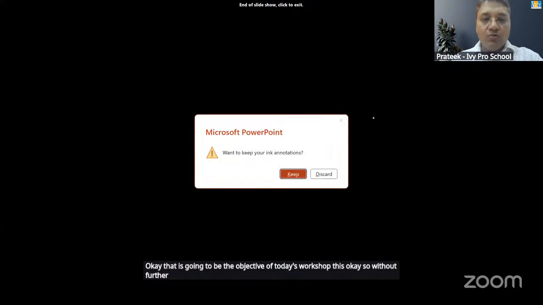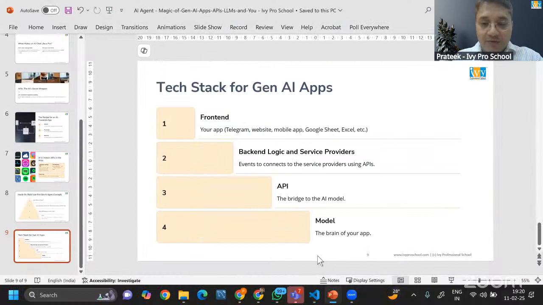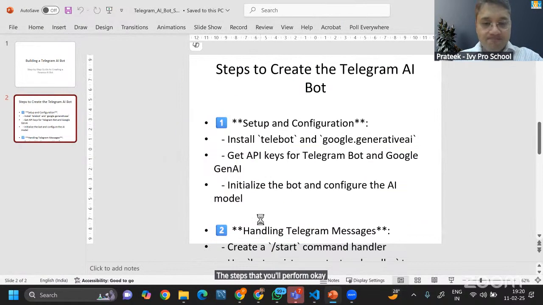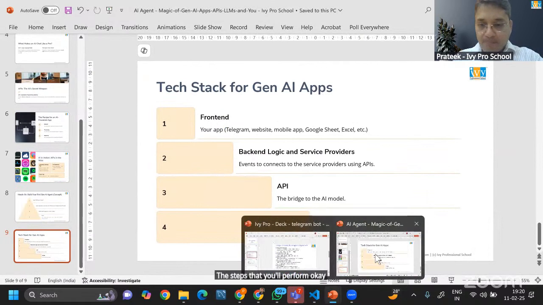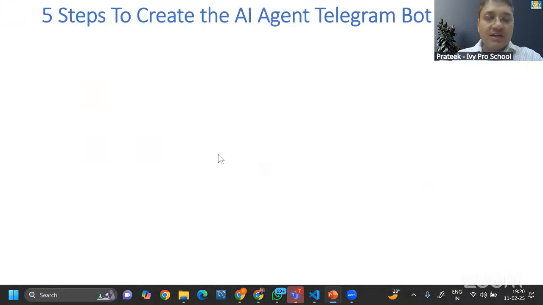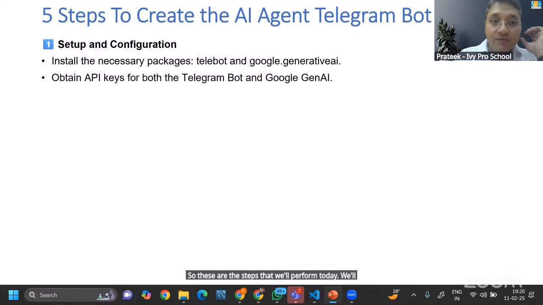Okay, so without further ado, let's look into the steps that we'll perform. So these are the steps that we'll perform today. We'll set up and configure it. So what I'll do is I will put all the actual steps